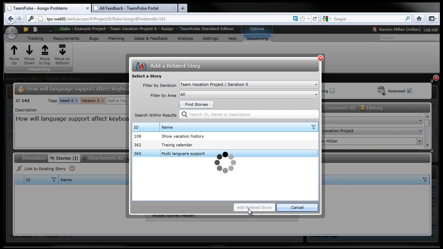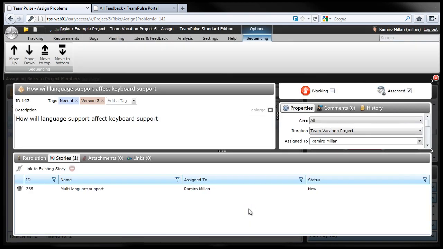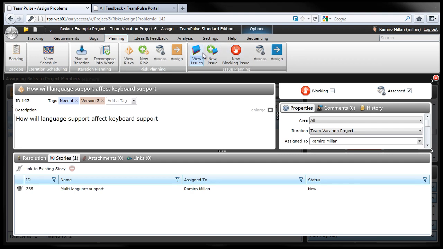Multi-language support. And I'm going to relate this particular risk to the story. Alright, so that's risks, and issues is really similar. It'll be done the same way. The only difference really between the risk and the issue is that the risk can become an issue, and the issue will have benefits. The benefit of determining how to fix an issue is critical, because team members will now